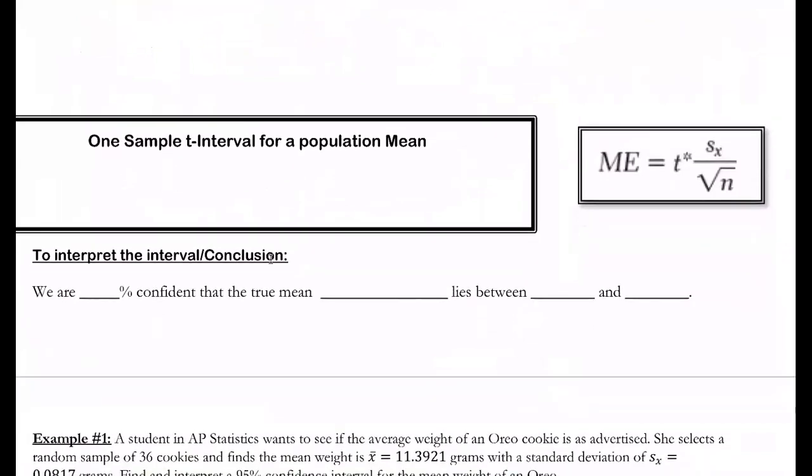For means, it is X bar plus or minus T star, which is the critical value for T, times S of X over the square root of N. And S of X, remember, is the sample standard deviation because we don't know the population one. The other thing that I want to highlight is the margin of error, which is this right here. So we're going to do two problems together. And right below that is just how to interpret